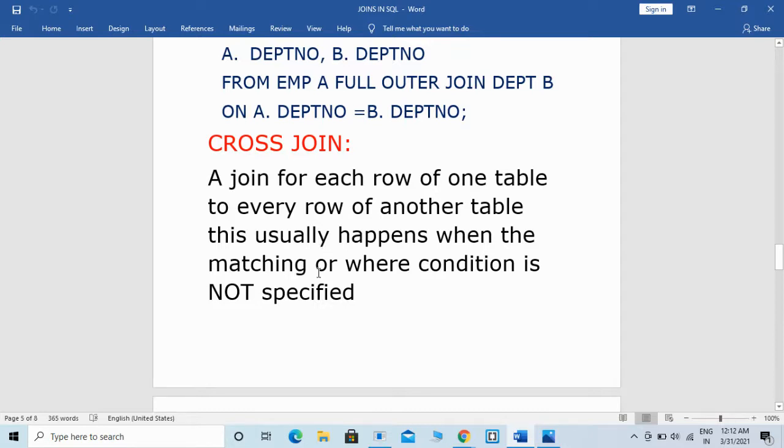This usually happens when the matching or where condition is not specified. If we specify a where condition, it will act as a normal inner join. If we do not specify a where condition, it will give the cross product, that is called the Cartesian product.